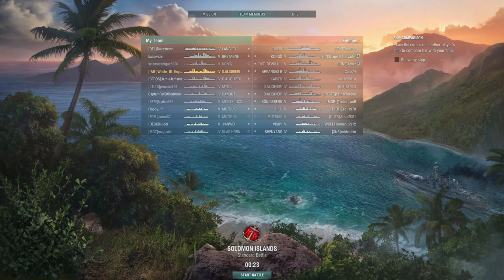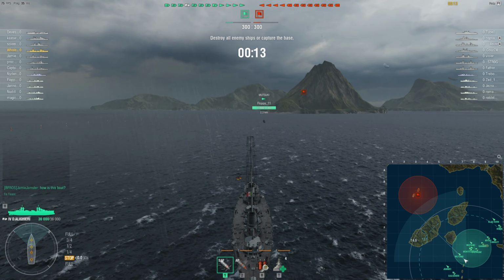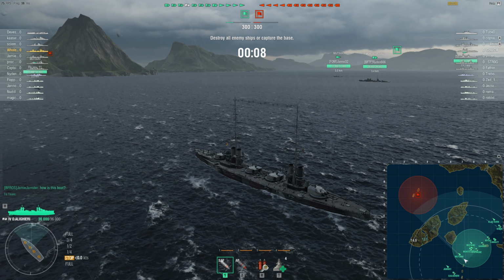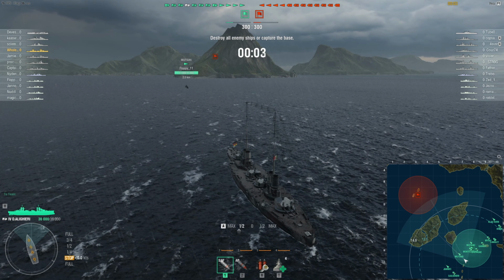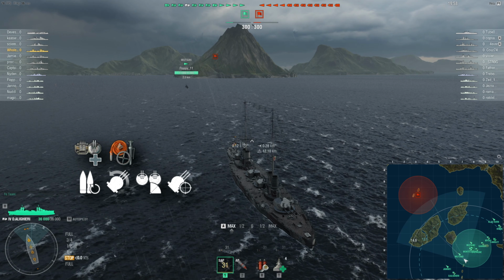Okay. All of England here, and today we are taking a look at a new battleship. As you probably see on screen at the moment, we are looking at the Dante Alighieri, which is the Tier 4 Italian battleship. Now, I saw on the World of Warships news that Prime Gaming users will be able to get early access to this, meaning I'm obviously able to show you this now because I do have Prime Gaming, so I thought, right, okay, well, I'll get this set up and then just make